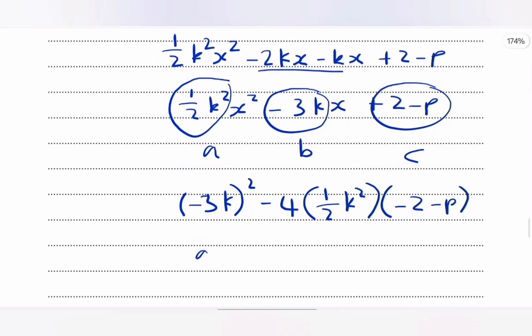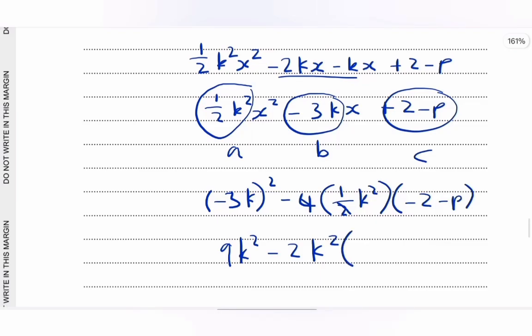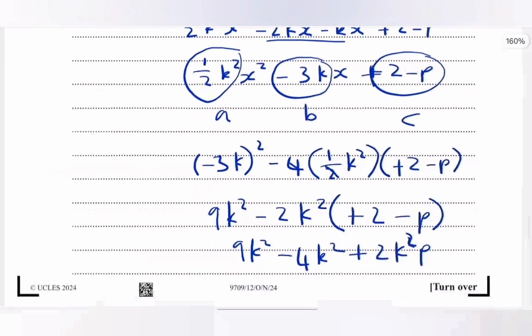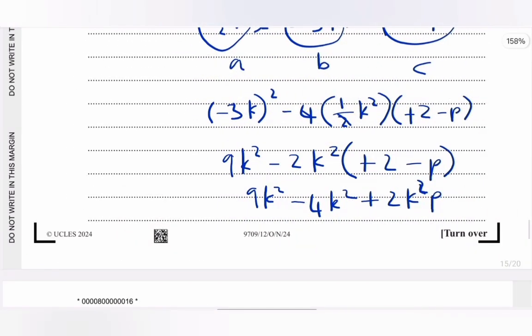And so this is giving us 9k squared, and this is minus 2k squared times 2 minus p, and so we get 9k squared, right? This is positive 2, so you get minus 4k squared plus 2k squared p, like that. And this comes down to 5k squared plus 2k squared p,